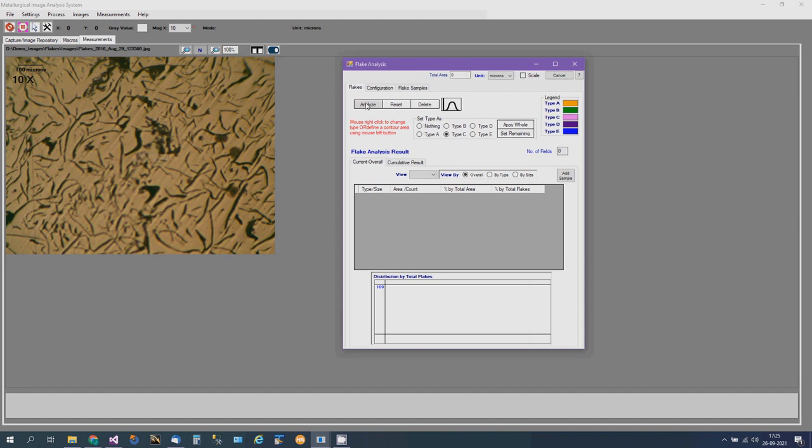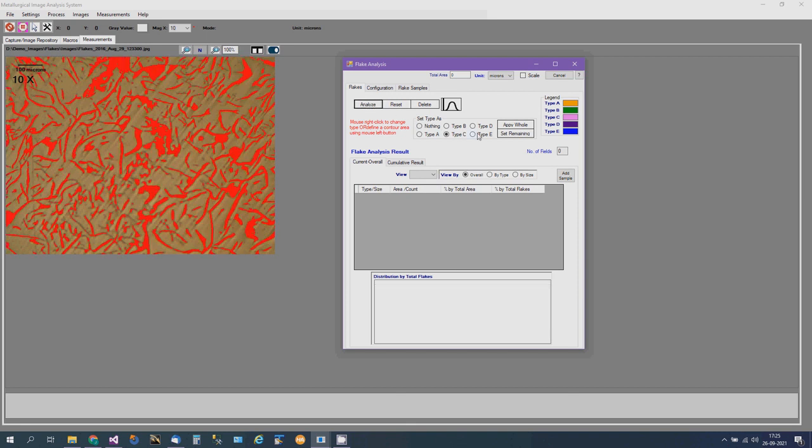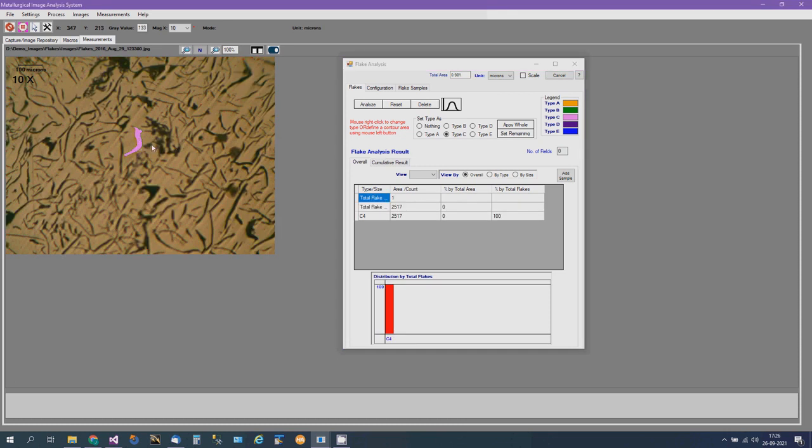First we do the analysis. The first step is to start the analysis. It will do the thresholding. You can go to the histogram and adjust the thresholding. Now you come to type B or type C, go to a feature, and now see it is type 4, size 4. If you right click on that, it is set as type C. Now if you move the mouse over that, it says that it is type C and size 4.